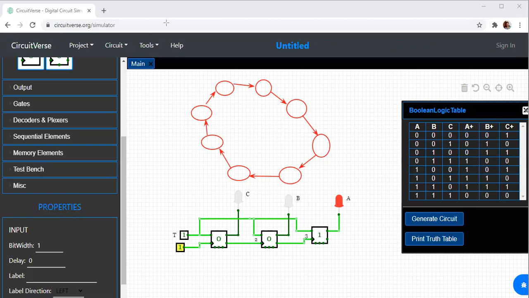Okay, so let me label this. What is this? So this is S0, state 0 I told, and this will be state 1. So this will be S2. What is this? This is S3. And here I'll be having S4, S5. Here I'll be having S6. And here I'll be having S7. So this is the state diagram for a 3-bit counter using T flip-flop.